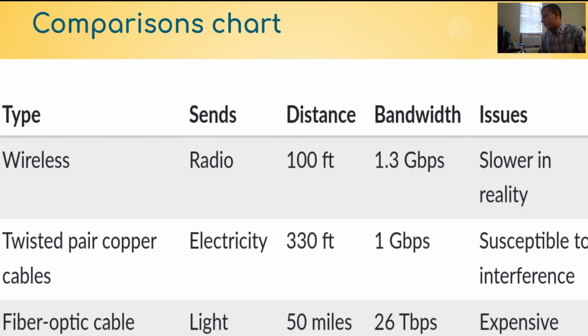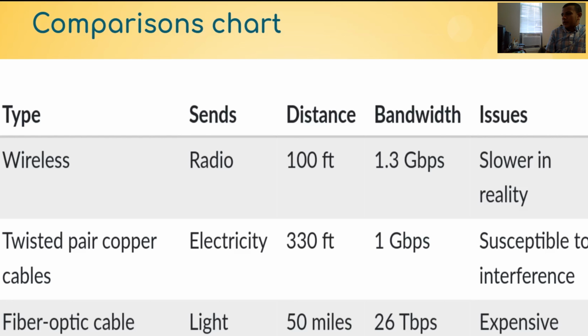So don't worry too much about that number, but you can see that a wireless connection has a bit more bandwidth than a copper connection and a whole lot less bandwidth than a fiber optic connection. But that's kind of irrelevant. And so the distance that a wireless connection can go is about 100 feet in an office building because of obstacles. But it can go way more if you have an open field, but you're not really going to ever have open fields. So the real issue is that it's slower in reality as compared to